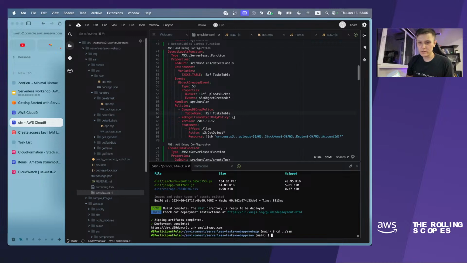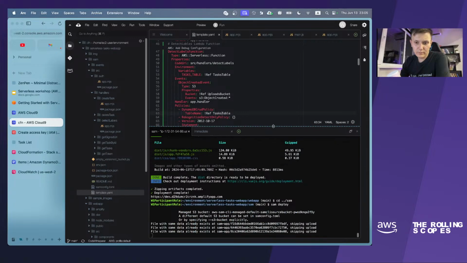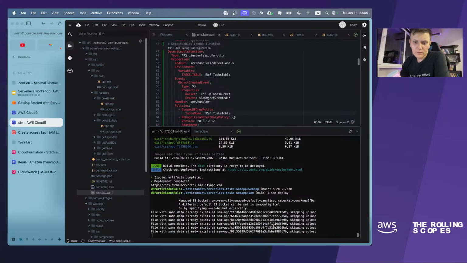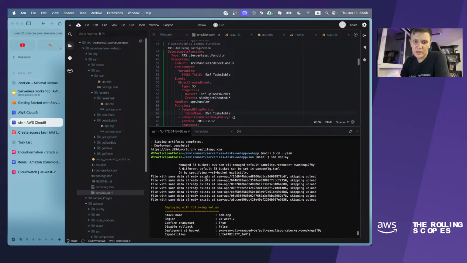Let's save the template and go to SAM in the command line and run one more SAM deploy. Yeah, SAM keeps uploading some files which are just describing the existing infrastructure, since they are uploaded to the S3 bucket with all the file descriptions, and they have also been created.